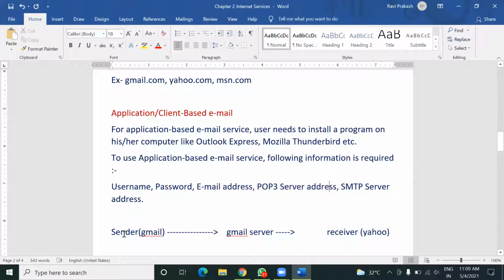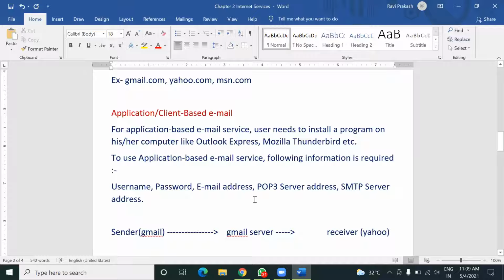Means if anyone is sending email, it is done by the SMTP protocol, and that protocol is there at the SMTP server, the server of the sender.